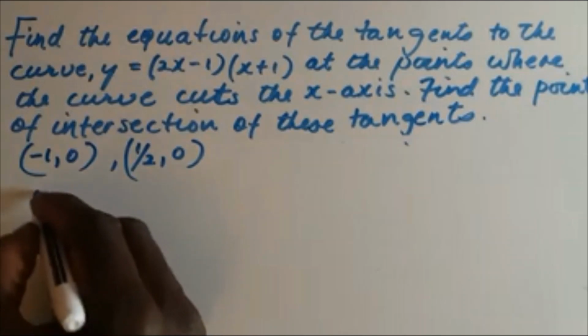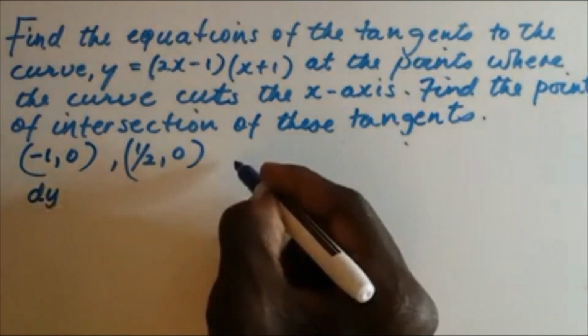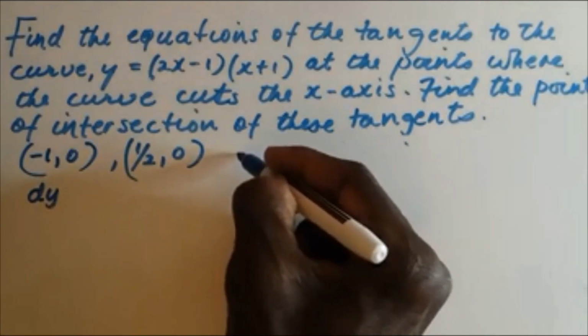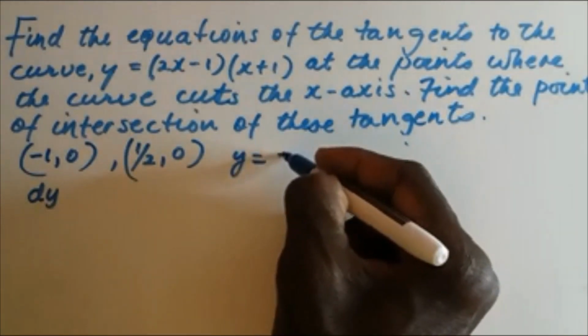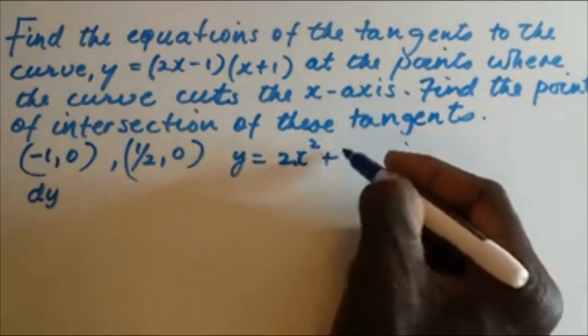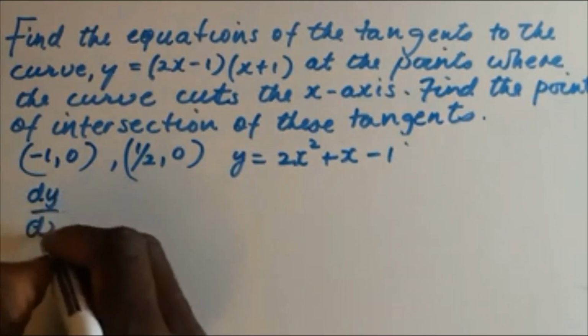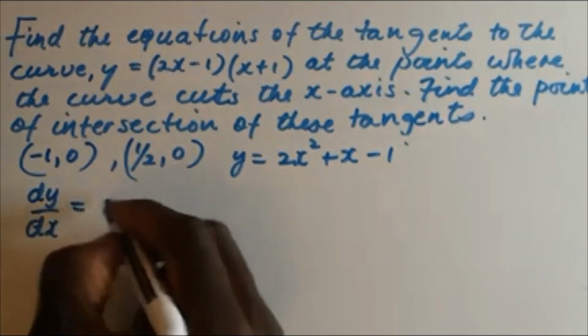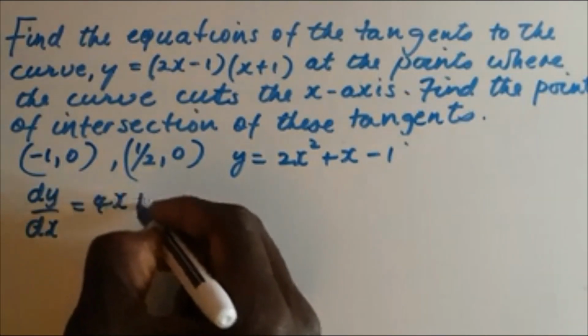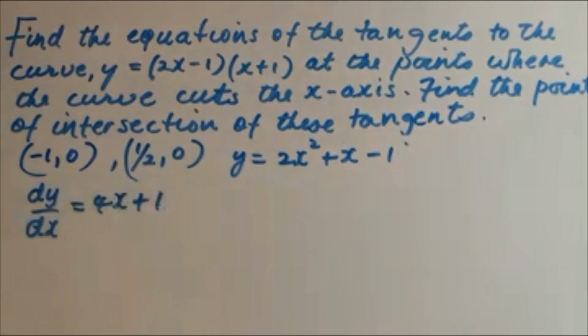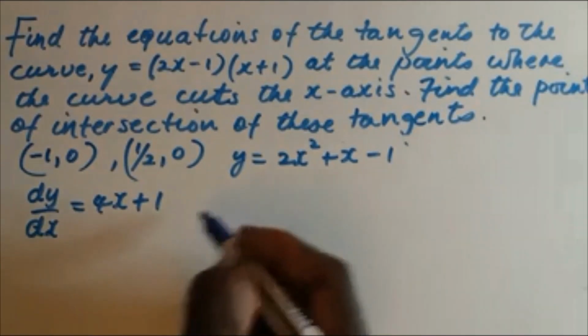We do know that dy, if you recall in the first part, that y is equal to 2x squared add x minus 1. So dy/dx, the gradient, is equal to 4x add 1. And this is indeed the gradient of the 2 tangents. Well, let's find out the value of these gradients. So this is the gradient function, and the value